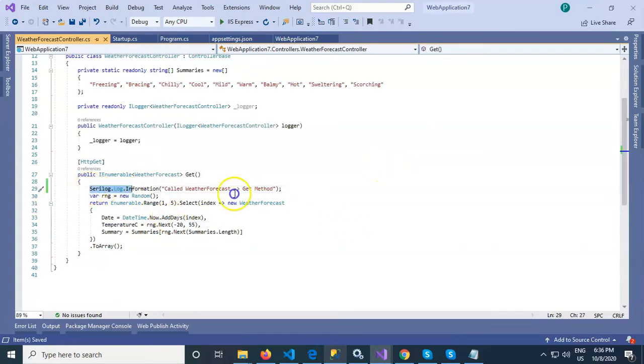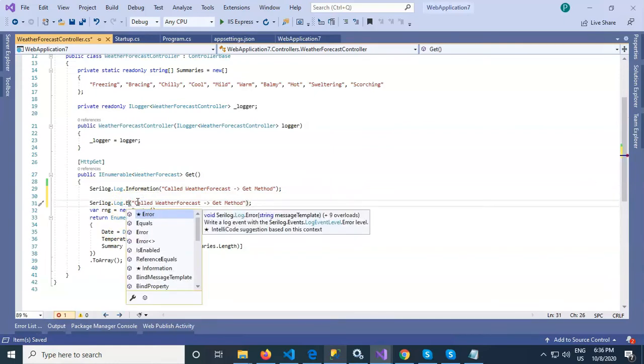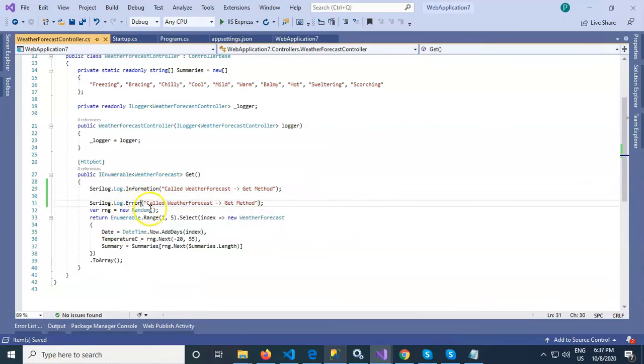So this information is logged when we run this project. There are other things also like error. You can also log error. So Log.Error, and here error details.